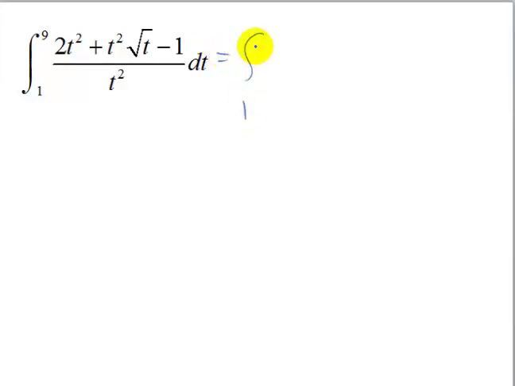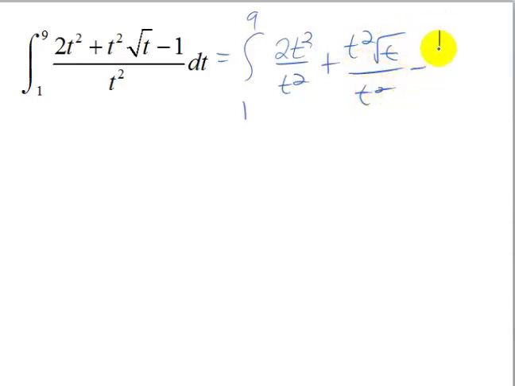So we're going to have the integral from 1 to 9, and we are going to split this up and put this t squared under each of these terms in the top. So this would make this 2t squared over t squared plus t squared square root of t over t squared minus 1 over t squared, and all of that's dt. Now we can do some simplifying. These will cancel and these will cancel, so now we can express this as the integral from 1 to 9